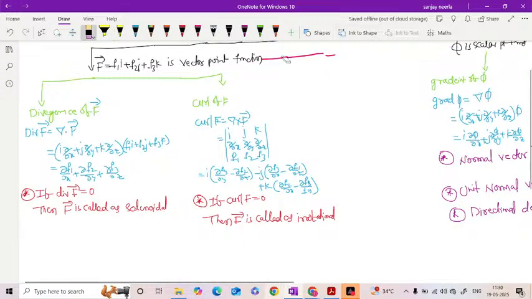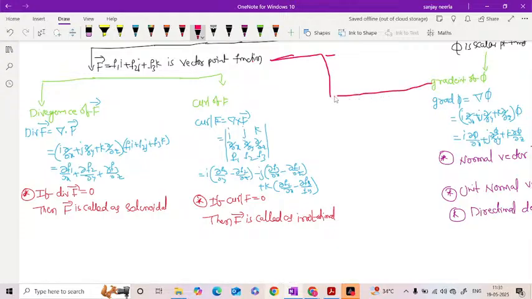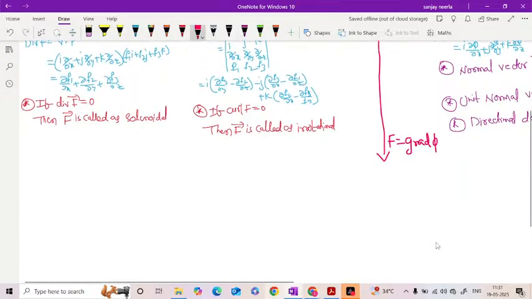If suppose this f is equal to the gradient of pi,